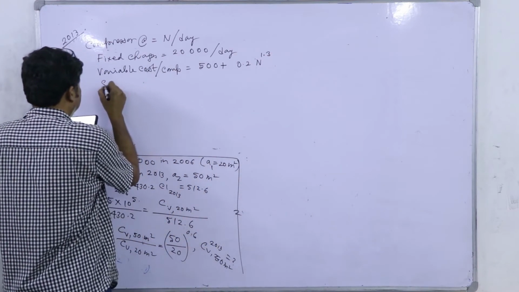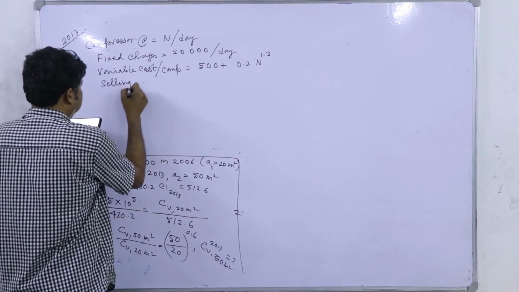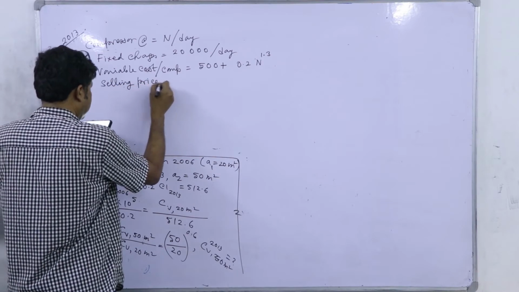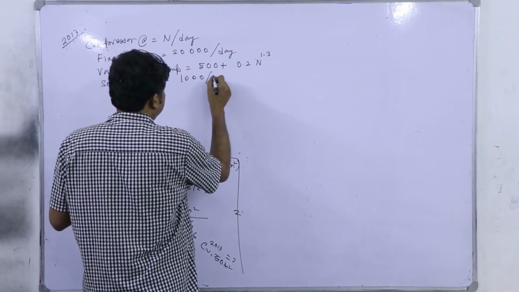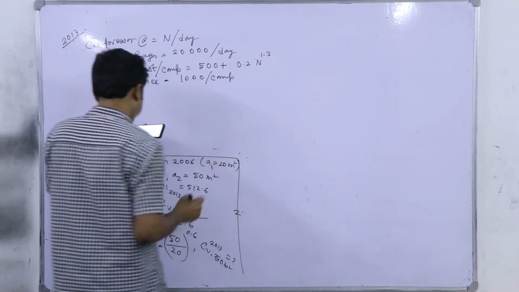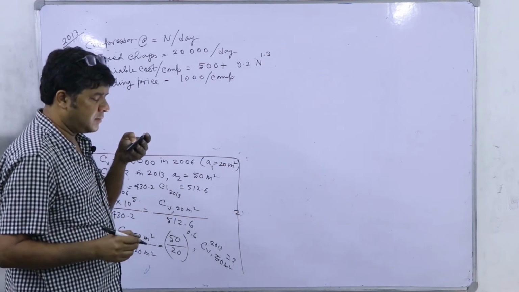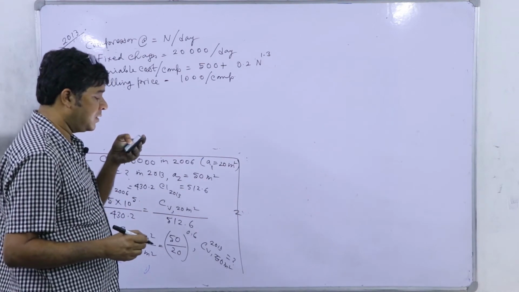The selling price is 1000 per compressor. The number of compressors to be manufactured, to the nearest integer, in order to maximize the